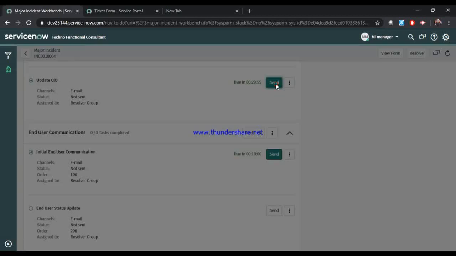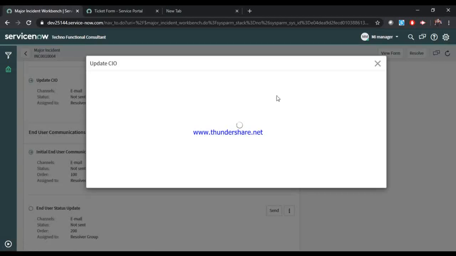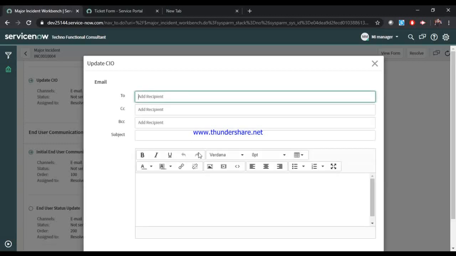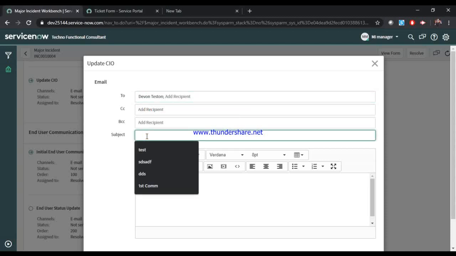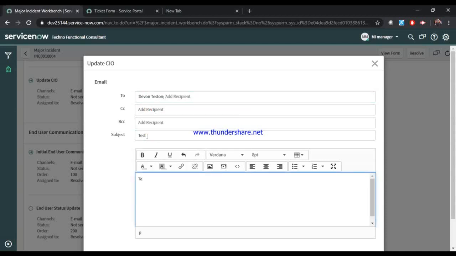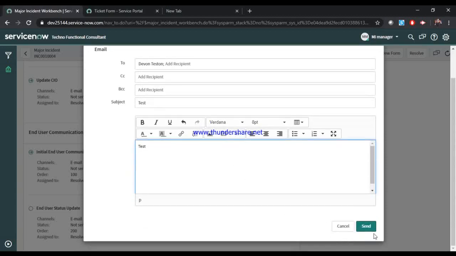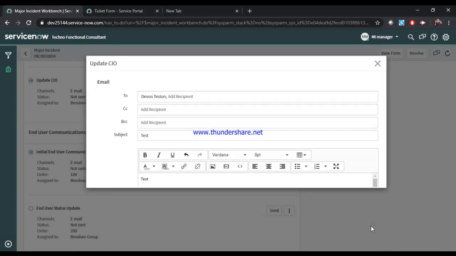So if I click on the send button now, you can see that everything is already populated, and I just have to search the subject and the body part. Sorry, I guess it is not configured, so I'm putting my test here. I put some name here, subject, because I did not configure it like this, or it is out of the functionality, but you can configure it accordingly. Click on the send button now.